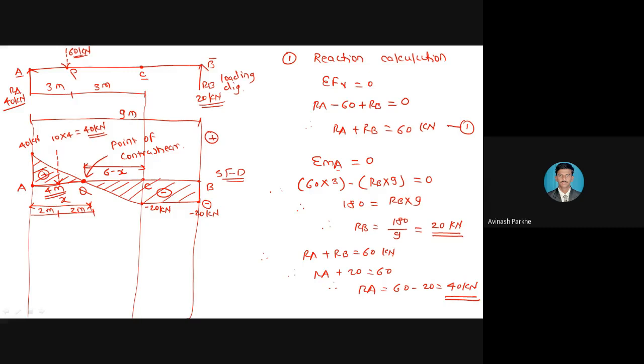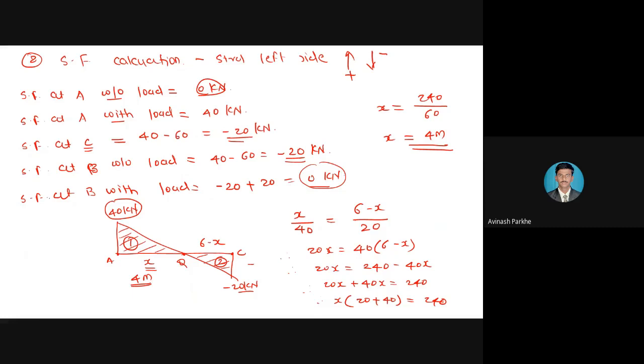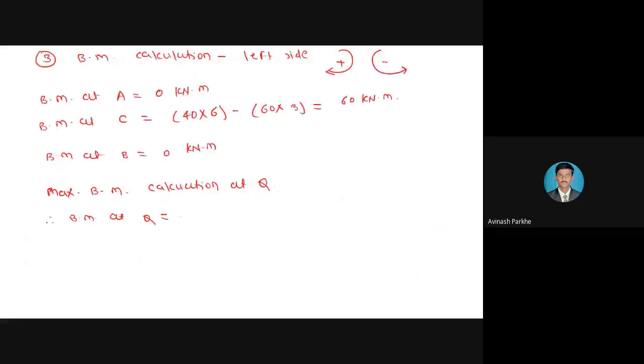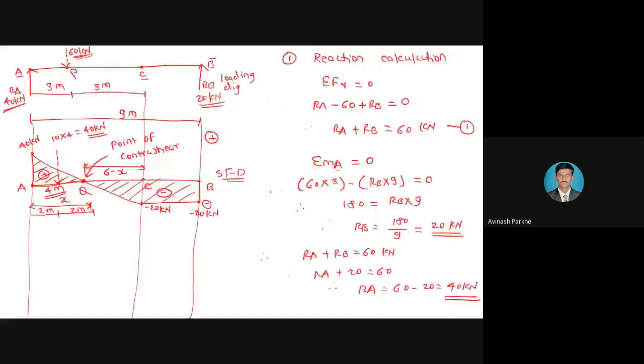जसं पॉइंट सी ला बेंडिंग मोमेंट काढताना पण आपण दोनच फोर्सेस धरले, एक म्हणजे कुठला 40 किलोन्यूटन आणि हा मोठा युडीएल ज्याची मॅग्निट्यूड 60 किलोन्यूटन आहे. सिमिलरली पॉइंट क्यू ला पण काढताना हा 40 किलोन्यूटन तर आहेच, पण एक युडीएल पण आहे, पण त्याची लेंथ किती आहे 4 मीटर. So here while calculating maximum bending moment we have to take the bending moment at point Q. So this 40 kilonewton, it is rotated in the clockwise direction, and this 40 kilonewton, one more UDL which is converted into the point load, it is rotated in the anti-clockwise direction.